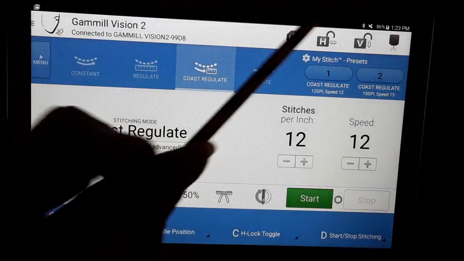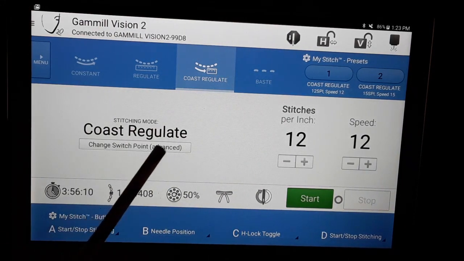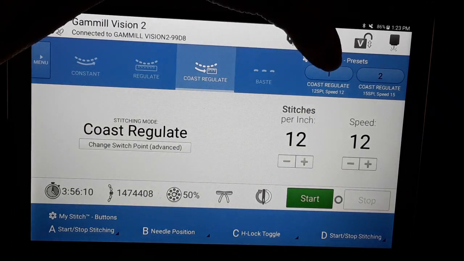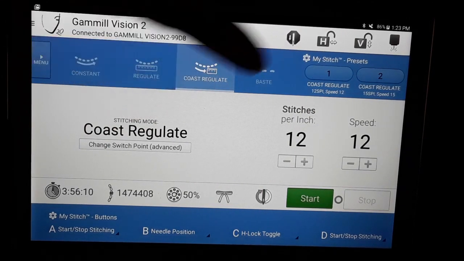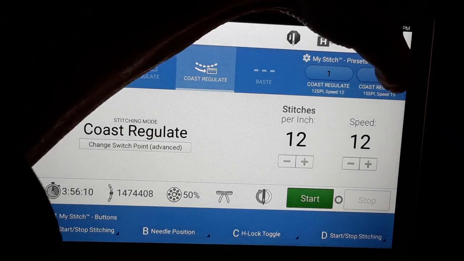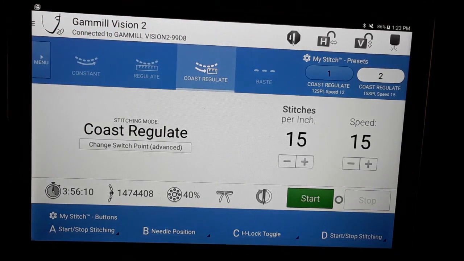So in other words, if I press 1, you'll see right now I'm at, well, actually I'm on number 1. That must be the one that I used the last time I used the machine. But let's say I wanted 15 stitches per inch and speed 15, I would just click 2 and there it is. So, and to set those,